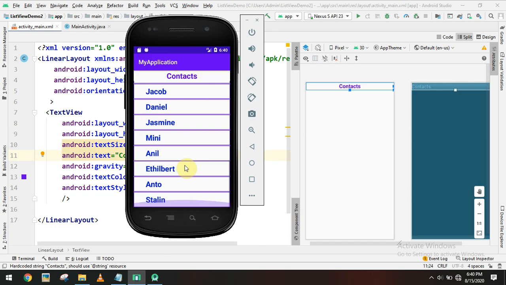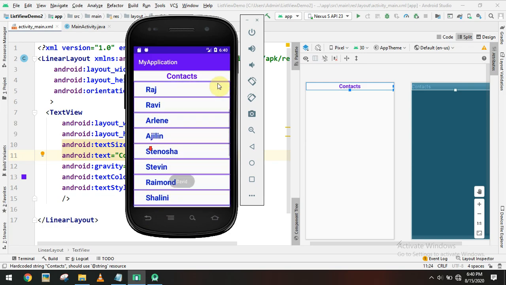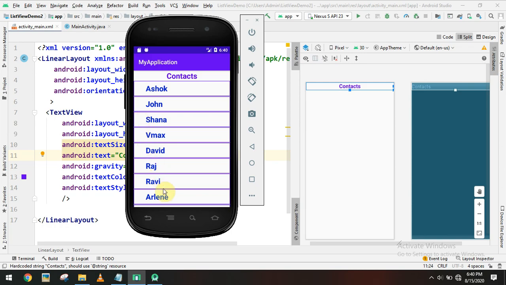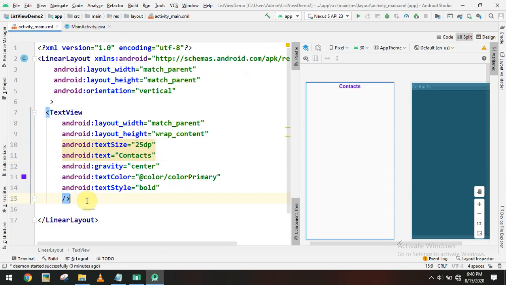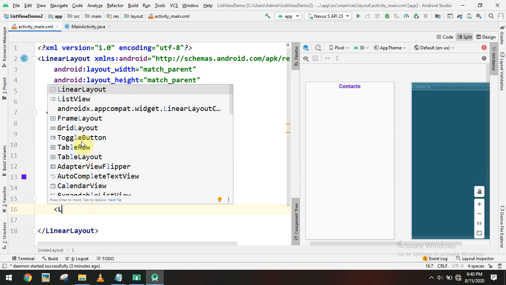Then I have to place a list view. So this complete thing is a list view. For example, here we are getting all the list of names, and the entire widget is called a list view. To add a list view, after the title, add another widget, list view.